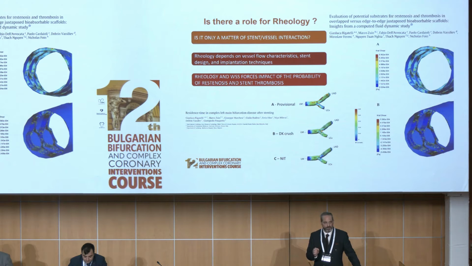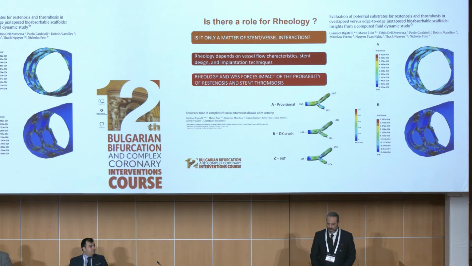Both are not good. I mean, lower wall shear stress means restenosis and thrombosis. Higher wall shear stress forces, again, are involved in restenosis and thrombosis again. So the physiology is to have the wall shear stress forces at a certain amount and a certain value. If we go lower or higher, we disrupt the vessel physiology. And also the impact of our technique is very important, because this is on the left. There is a very recent study.